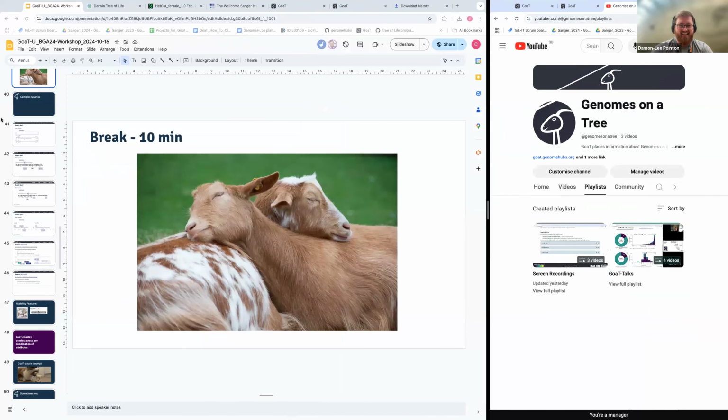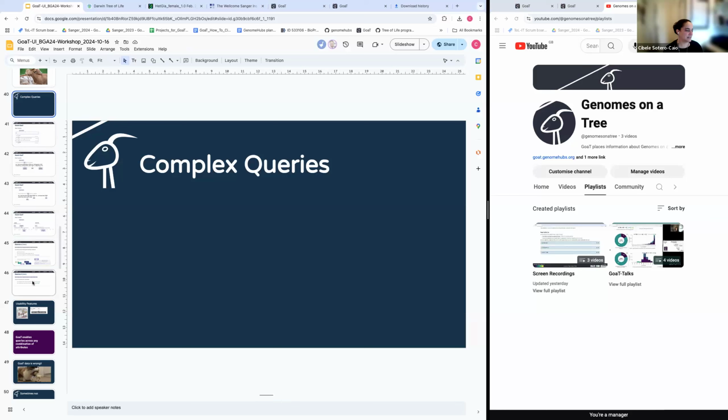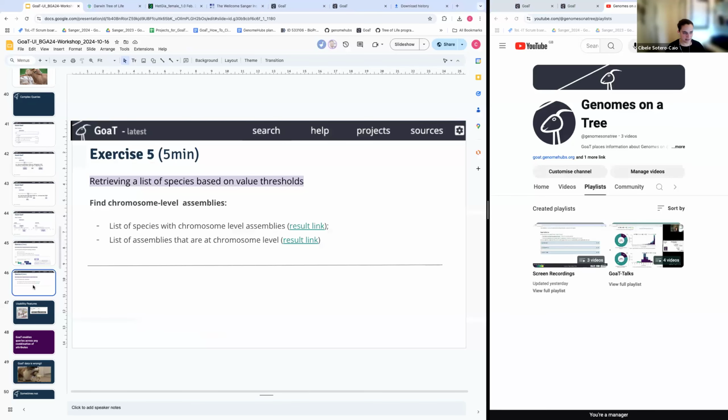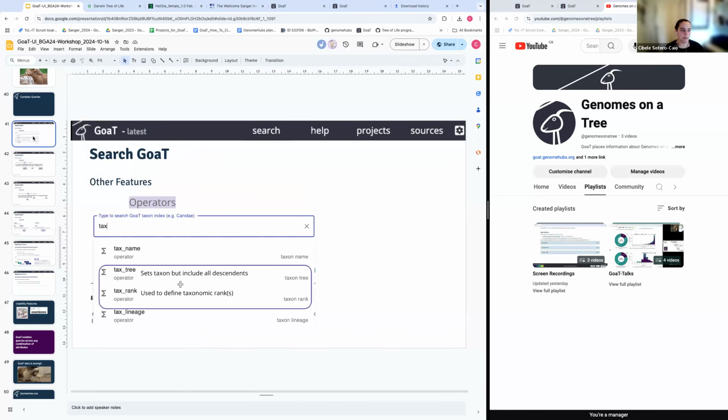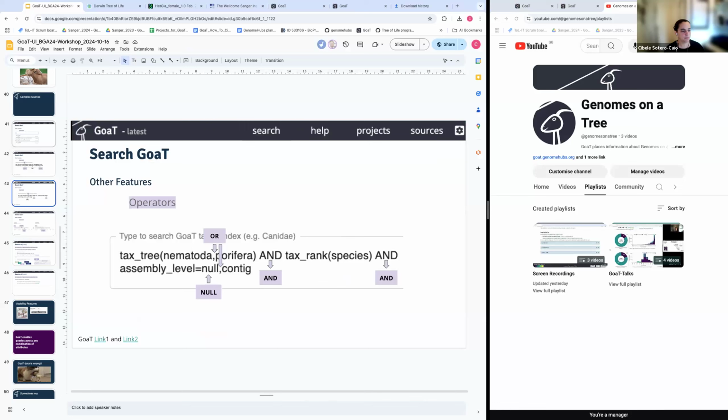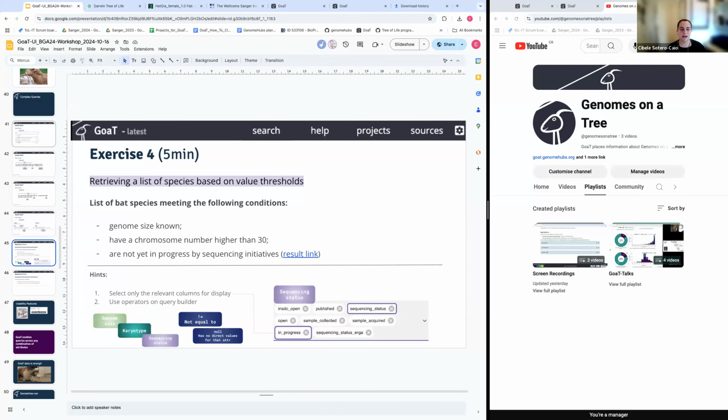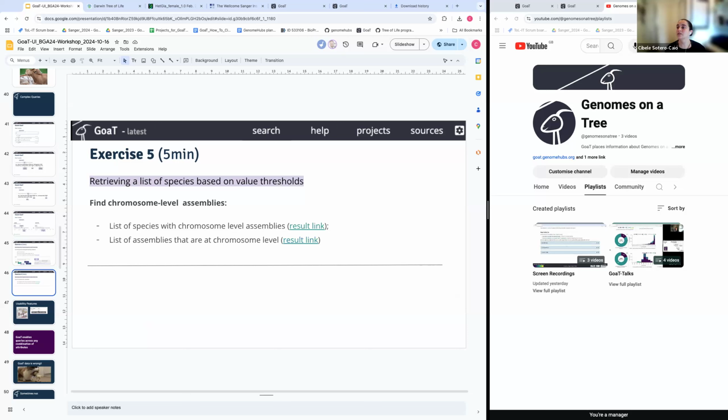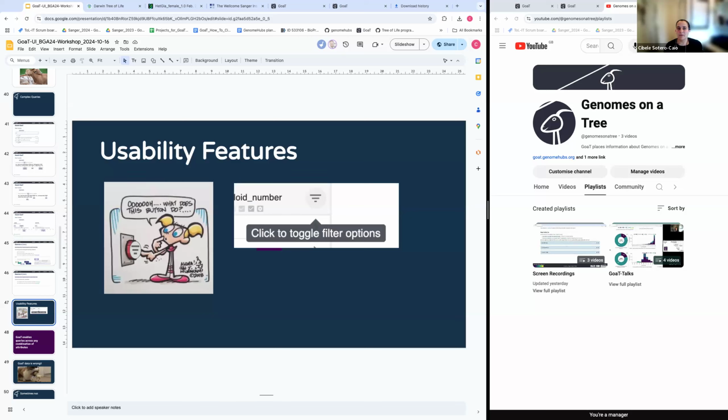Oh my God. Yeah, so from slides 40 all the way to 46, there are two exercises actually. It's just a little bit more information on what the operators are and what they do, just so you have an idea. For those exercises, I have a result link that you can click and check the answer. So I'm going to skip them for today, but feel free to write me if something weird happens with Gold.